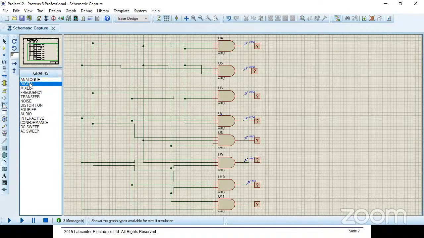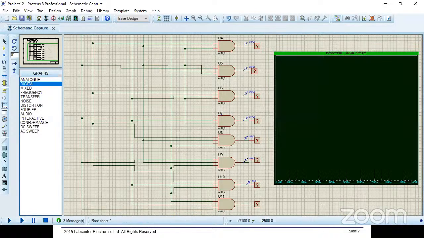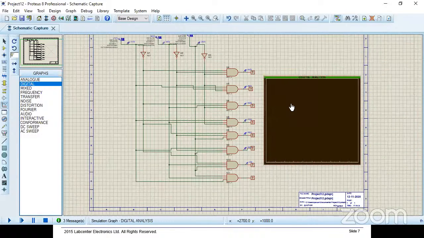I am selecting digital. Here I am drawing the digital. This is the trace for graph mode. When I am clicking on it, it will place the digital analysis. Okay, done. Next,